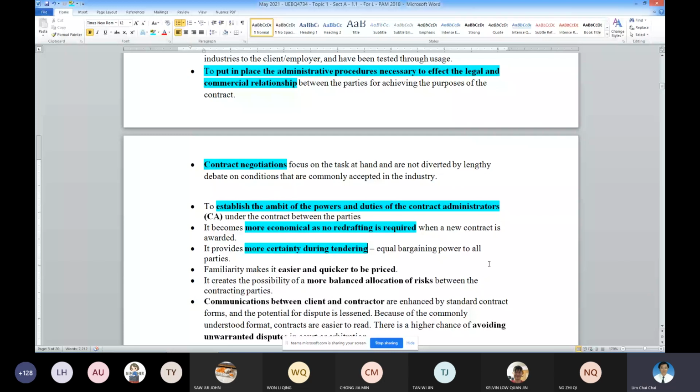Let's say using FIDIC, what are the risks belonging to the contractor, employer, consultants, and so on. Or using PAM, the risk people already know. Now, what are the risks belonging to the employer, to the contractor, and the designer. Okay, so if these are known, then the parties will be able to